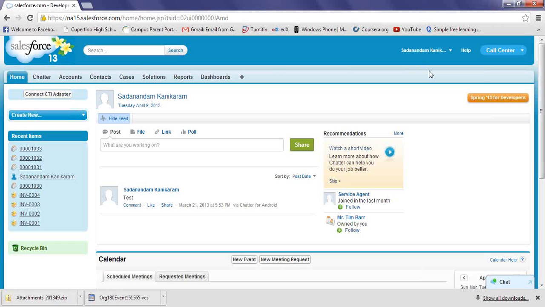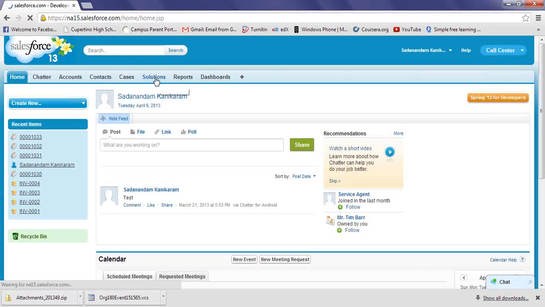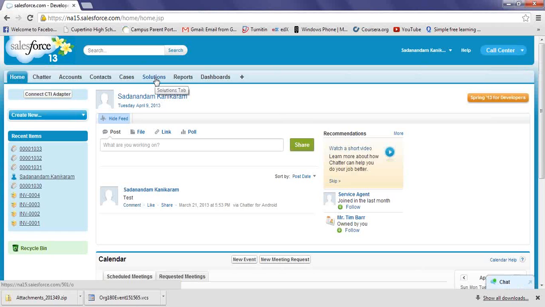Yeah, one other question. When we talk about customization, by default we have tabs like Home, Accounts, Contacts, and I've also seen some drop-down values. Are all the labels on those tabs customizable? Let's say I don't want Solutions, I want something else there, and I don't want to see one of the tabs, Charter. Are all these views customizable, and also the labels and drop-down values?